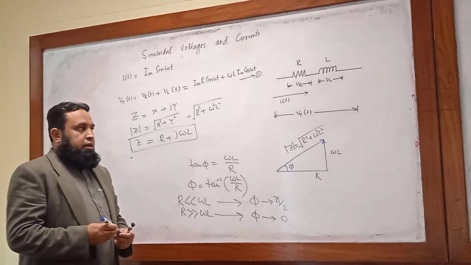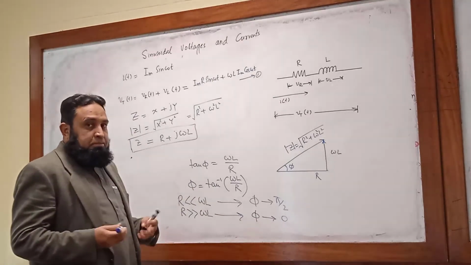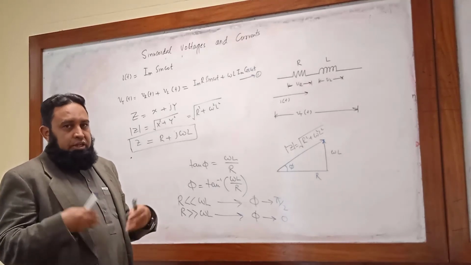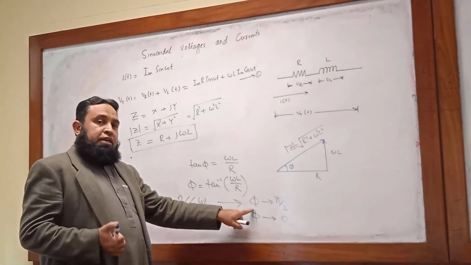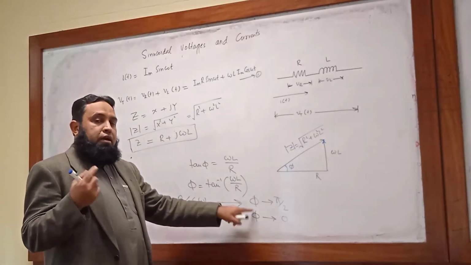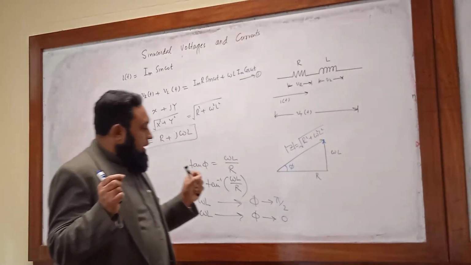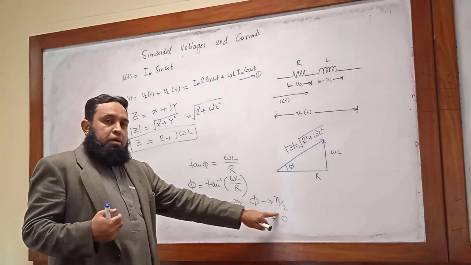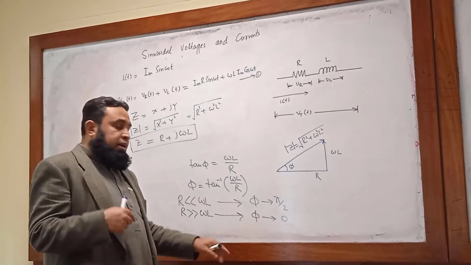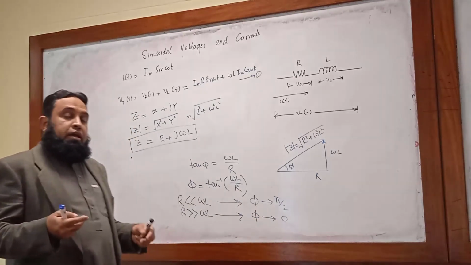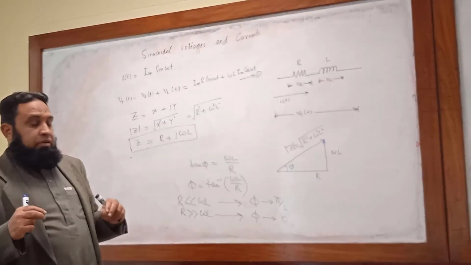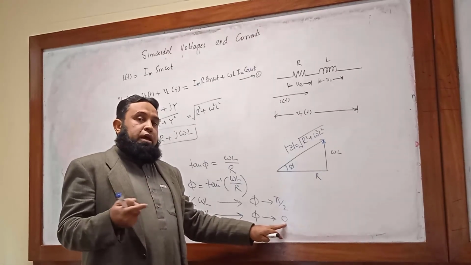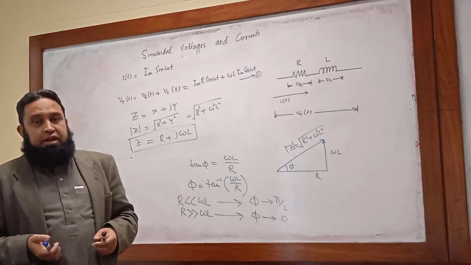So it means that if the resistance is very, very small, then the inductance effect will be dominant, and the phase angle, or the angle between the voltage and current waveforms, will approach pi by 2. On the other hand, if the resistance is dominant and the inductive effect is very, very small, then it will behave like a resistor circuit, and the phase angle between the voltage and current is